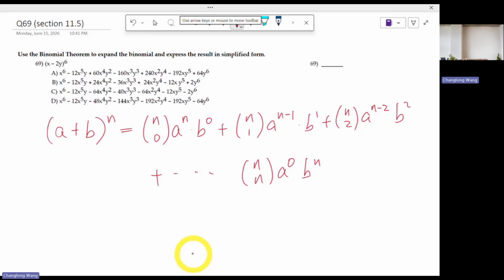And of course, sometimes the so-called a or b are not necessarily just x and y by themselves. They could have a number, like a 2 multiplying a y, not to mention you have to take that negative sign into account. And therefore, you will identify in this case, a is x, b is negative 2y, n is 6. And just to write out a few terms,